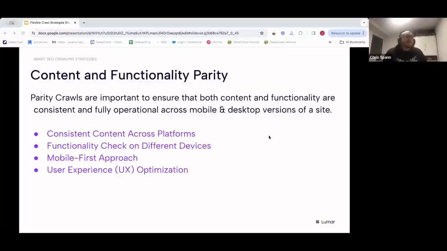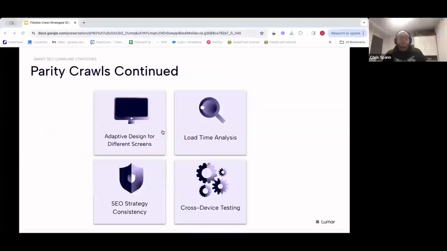Essentially the way you can do this, and you can do this with any crawler really, is crawl the site using, let's say we're doing a desktop versus mobile parity test, a desktop user agent. You then switch to a mobile user agent and crawl again and compare what the differences are. Because if you keep the changes literally just the user agent, it begins to show you